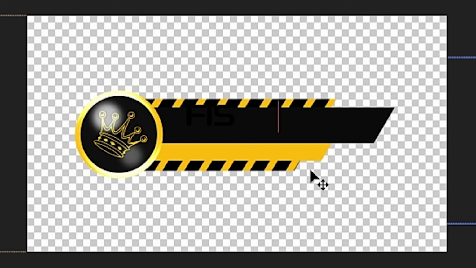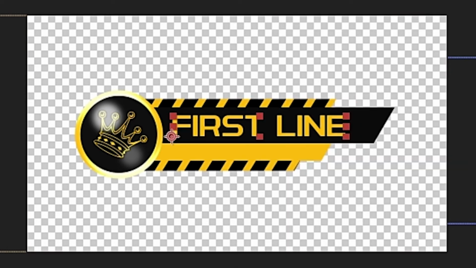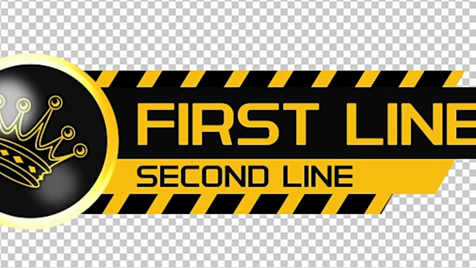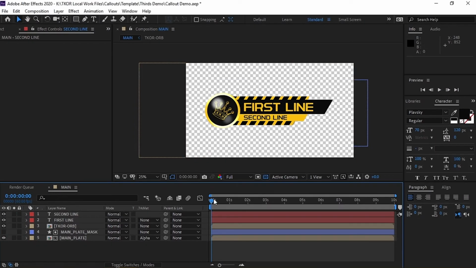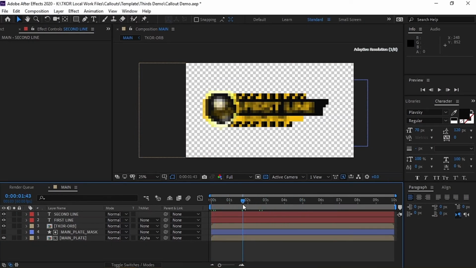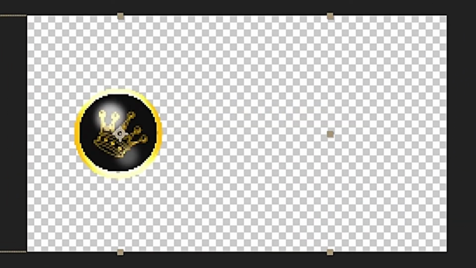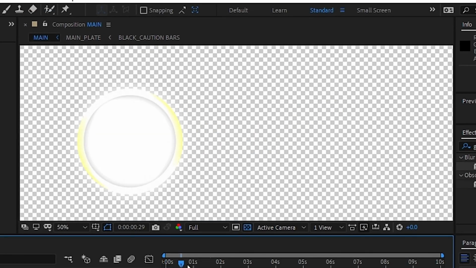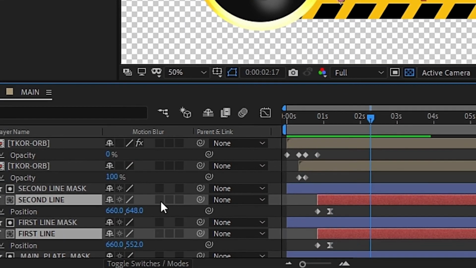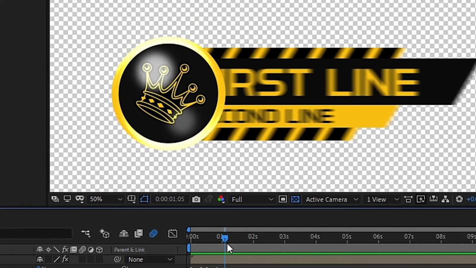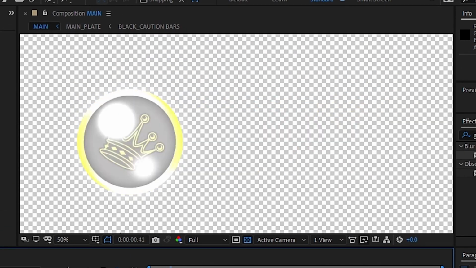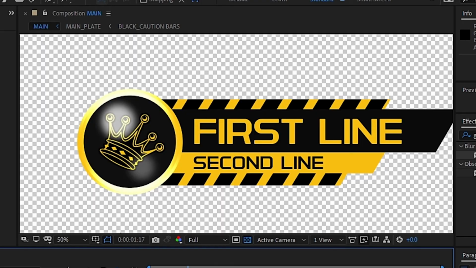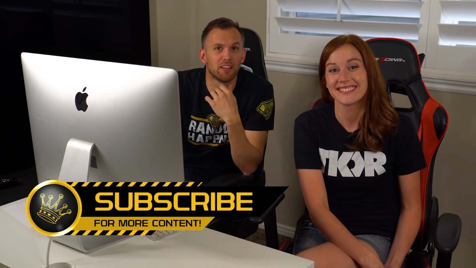We'll first add text to the top line and then go ahead and add text to the bottom line. At this point, the animation is basically complete, but we've gone ahead and added a few cosmetic effects to complete the look. First, we added a glow effect to have the orb enter into the screen. Then we've gone ahead and added some animation to the text plates so that they enter from behind the orb. Then finally, we turned on motion blur to make the whole thing move a little more fluidly. And that's it. You can change the text to say whatever you want, like perhaps reminding the audience to subscribe